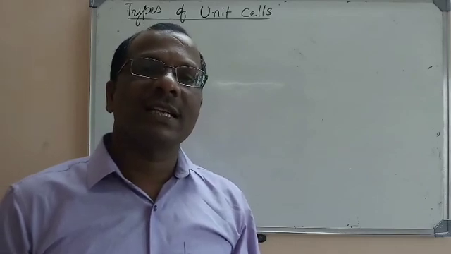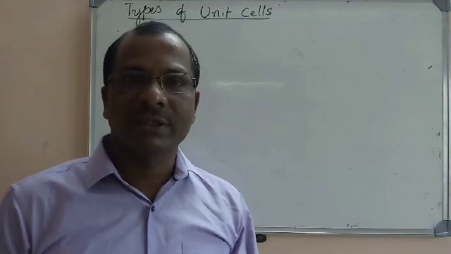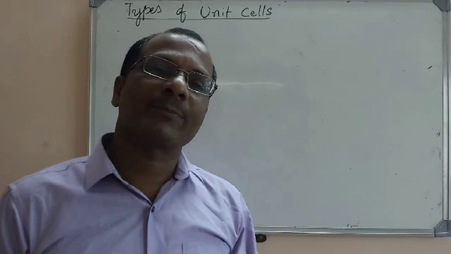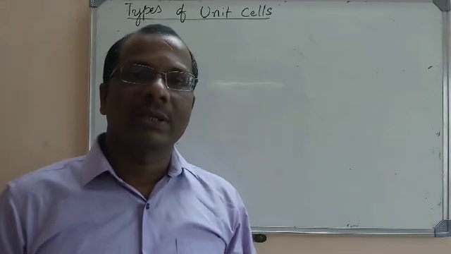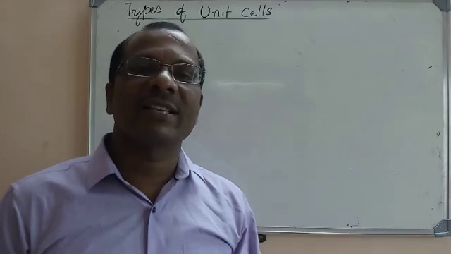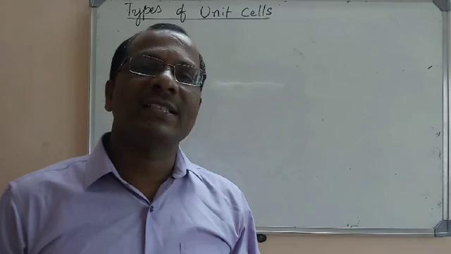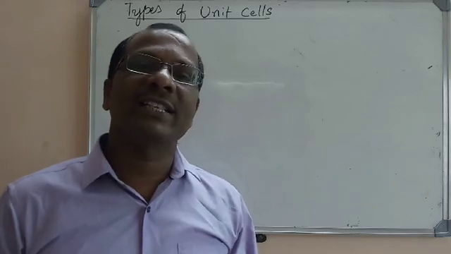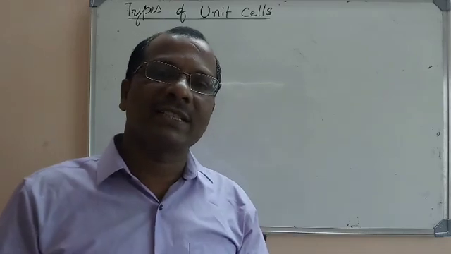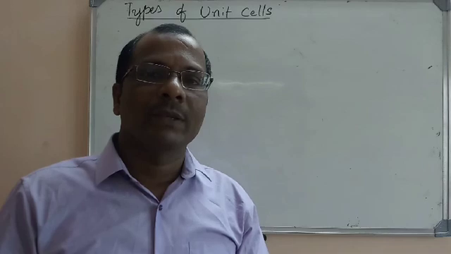In the last class, I had explained to you the terminology that is associated with the solid state. There I had explained what is a space lattice and also what is a unit cell. I told you that a space lattice is nothing but the three-dimensional arrangement of points in space. When you arrange the points and join them by straight lines, you will get the space lattice. So if the points are joined by straight lines, the arrangement or geometry that we get is nothing but a space lattice. What is a unit cell?